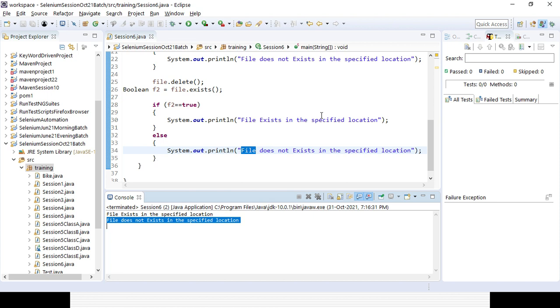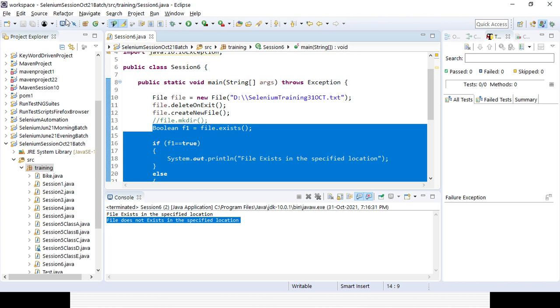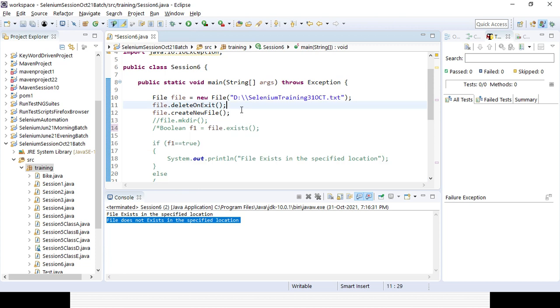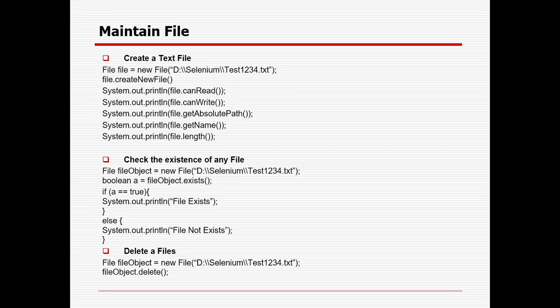Okay, let's comment out this part. After that, suppose I again want to create a new file and check other properties, whether the file is read only, write only, or get the absolute path of the file, the length of the file, the name of the file.